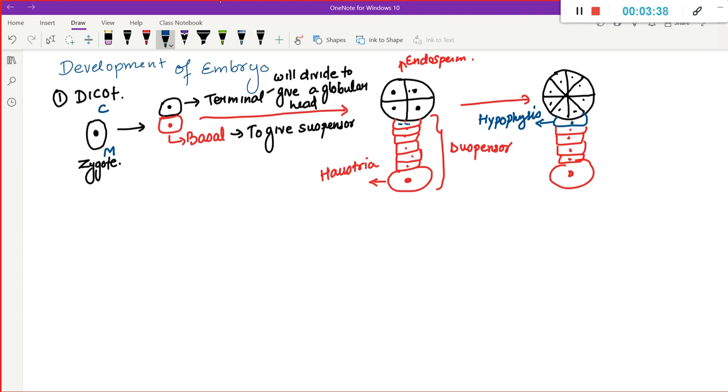ओके, इसको हम लोग क्या नाम से जानते हैं सर? इसको हम लोग हाइपोफाइसिस के नाम से जानते हैं. Now if we are talking about the hypophysis cell, what do we see here is this hypophysis cell will divide to form a 8 cell stage, and at the same time this globular head will also divide to form a 16 cell stage. So if we are looking at our head,